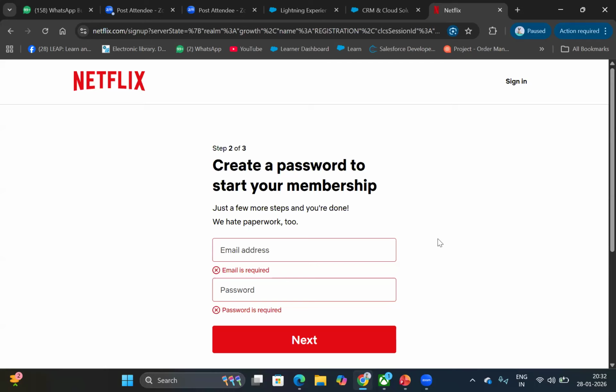Later we will enter the payment method, whether we want to pay using UPI, credit card, or net banking. So you are providing the inputs on the UI. When I want to create this kind of UI,